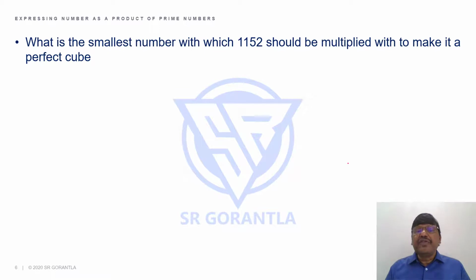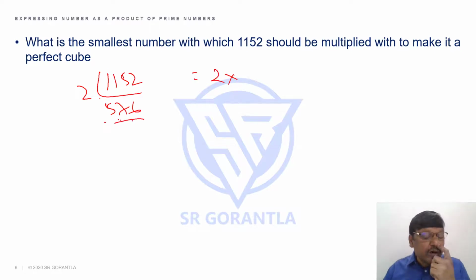What is the smallest number with which 1152 should be multiplied to make it a perfect cube? Perfect cube means the power should be 3 and its multiples when you express it to the base of prime numbers. Can you express 1152 to the base of prime numbers, students? You can see 2 576. You can keep writing, but the moment I see 576, I tell myself 576 is what? You should know the first 25 squares. I hope before watching any module, you watched the speed maths module wherein I said you should know the first 25 squares. 576 is 24 square.